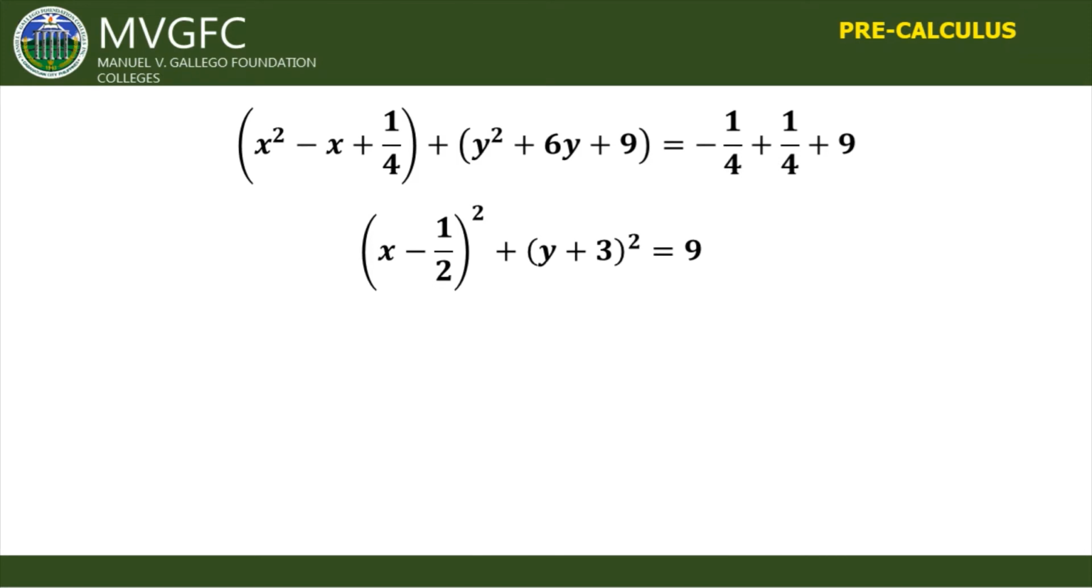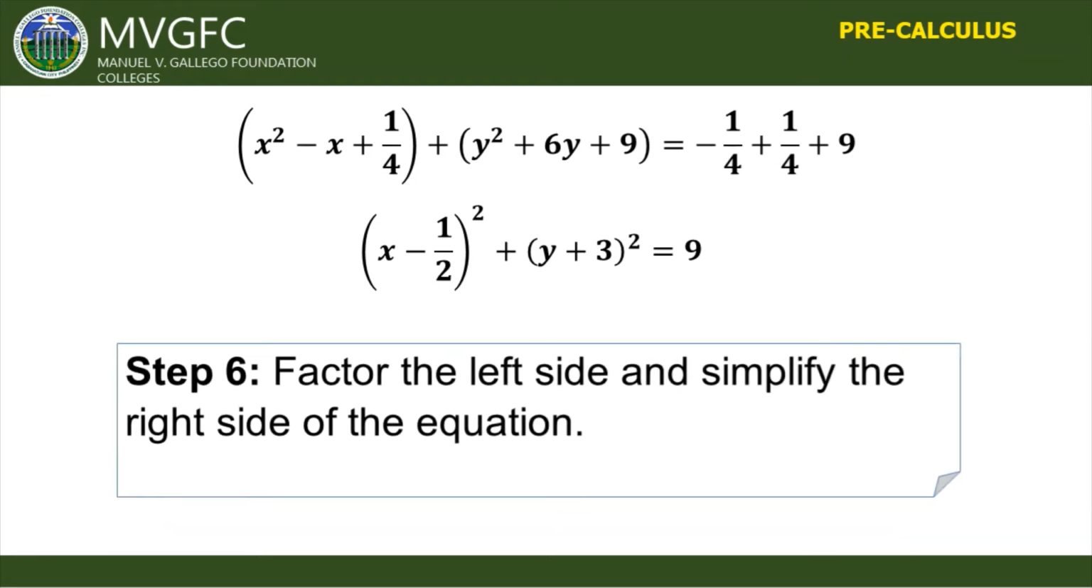Okay, so here it goes. As you can see on the slide, we have now the answer. For step number 6, simply factor the left side and simplify the right side of the equation. This is easy since you already got the 1/2 and the 3. Simply factor it out. And actually, as you can observe, that is already in the standard form of the equation